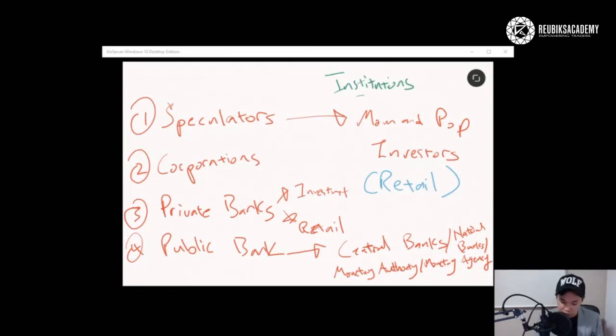Whenever they use the word institutions, it can refer to corporations, private banks, or public banks. It can refer to one of these three things. Or sometimes it can refer to a fund management company or fund management firm, which specializes in managing people's money. They will set up a fund to manage people's money, and they will say that within this fund,